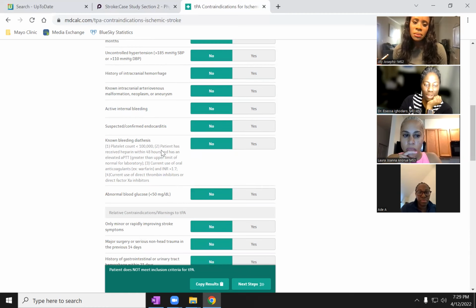And sometimes for me, when I get called on a patient and they have a hematological cancer, I want to know, okay, what are their platelets? Because if it's less than 100,000, they cannot get TPA because they're going to bleed. So bleeding diathesis,